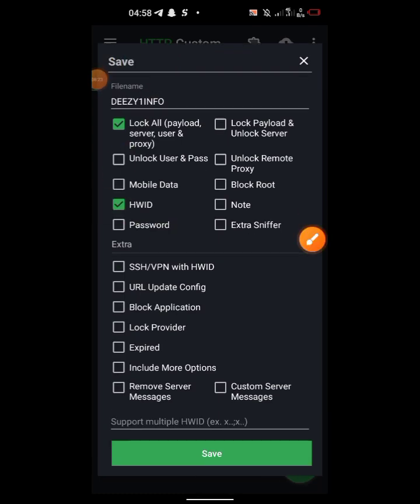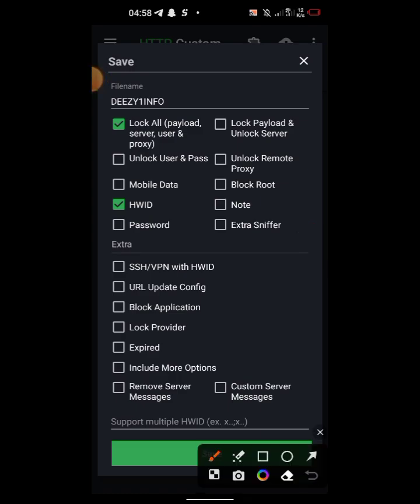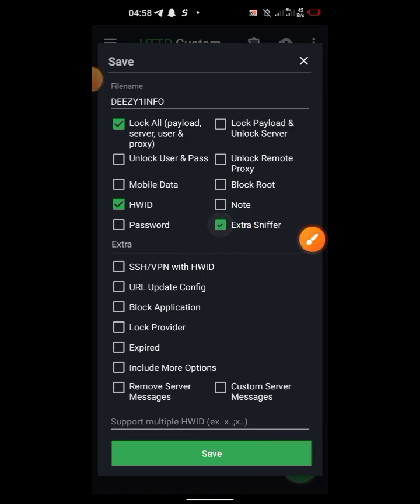Then you check block root, so that if the person has rooted the phone, they will not be able to see the password and all the credentials of the VPN file and misuse it. Then you check the extra sniff too. So you check all these three things.